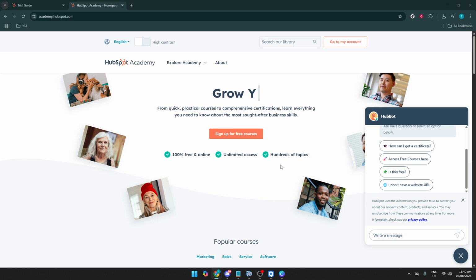To begin this journey, let's start by heading over to your browser and searching for HubSpot Academy Certification. You can do this by going to the Google homepage and typing the phrase into the search bar. Make sure you hit enter, and you should see a number of search results displaying various links related to the